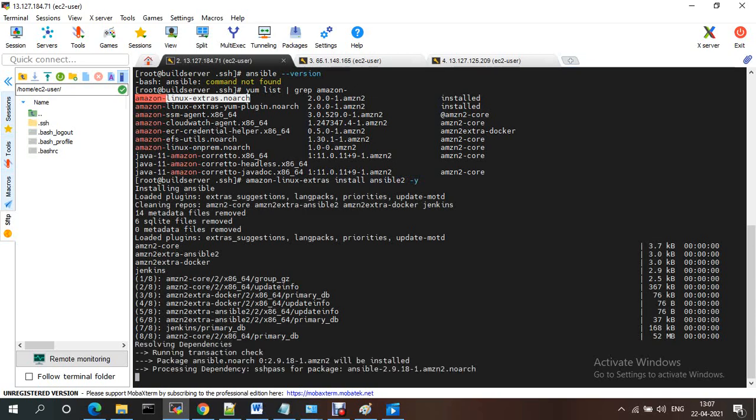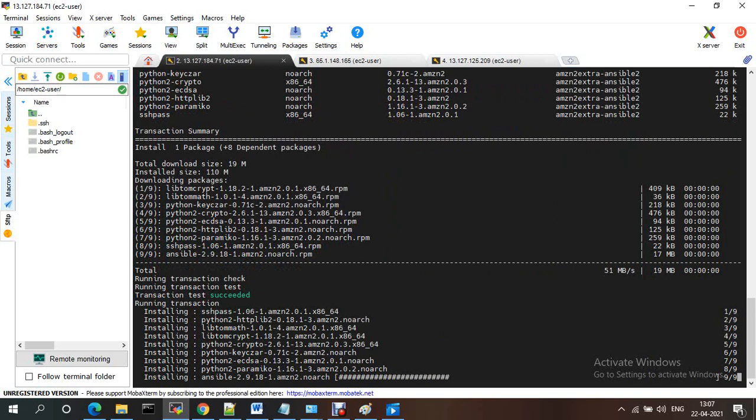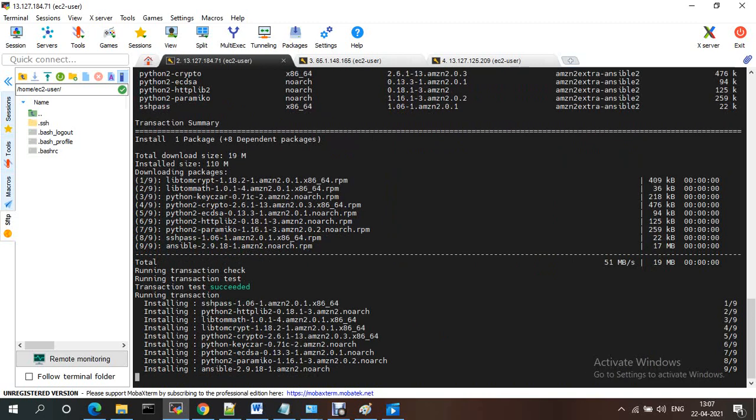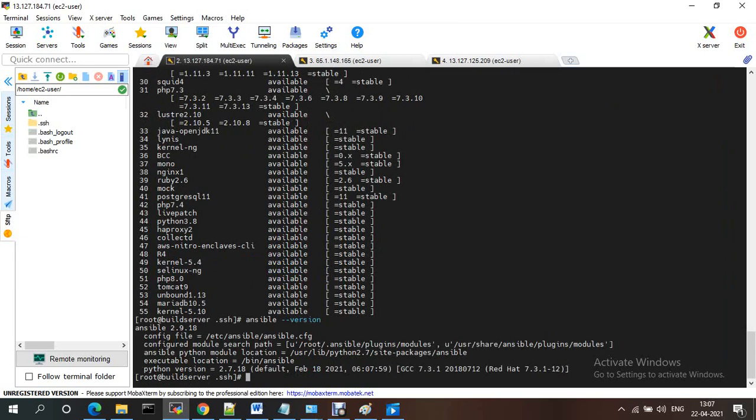By default the Ansible location is /etc/ansible. See, if you check the Ansible version now, Ansible is installed. So Ansible's default configuration location is /etc/ansible.